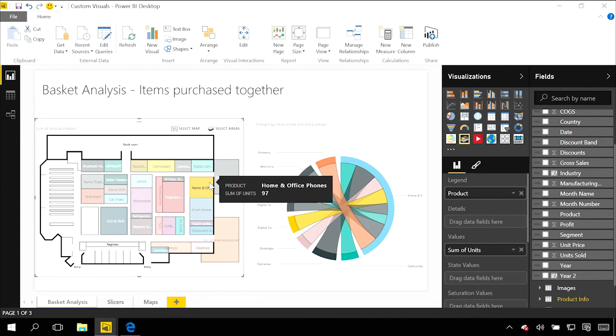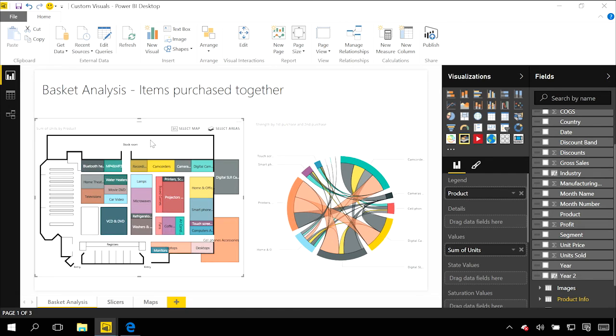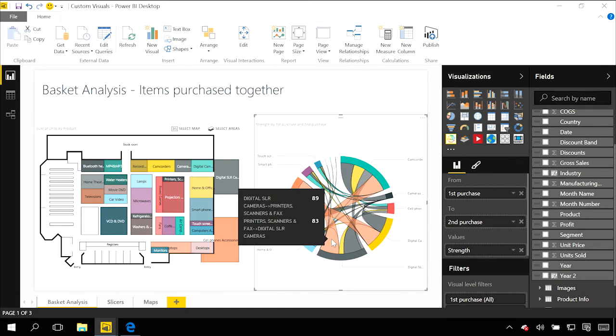So you can see there's a really rich interactivity between these two visuals, even though the two developers of these things never met. The guys who developed this one that won, they're over in Italy somewhere. The folks who developed this one on the right are in the Microsoft team here in Redmond.